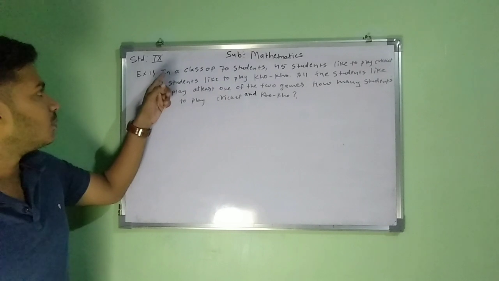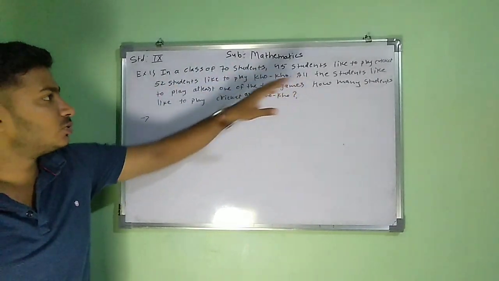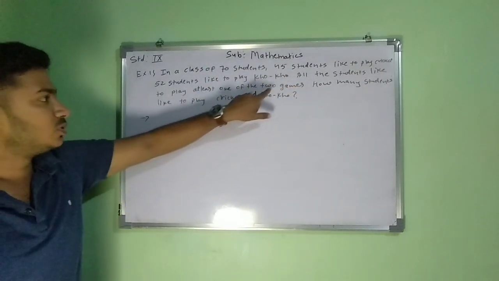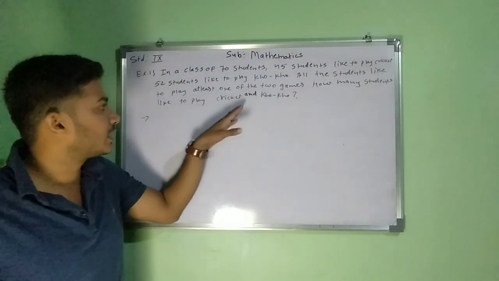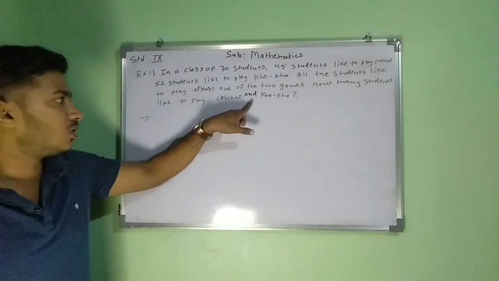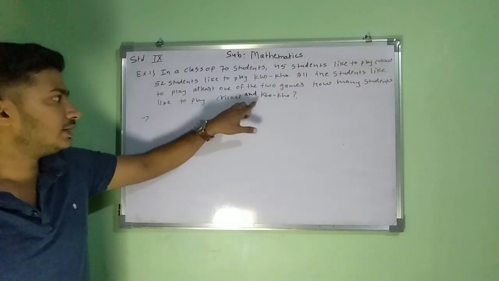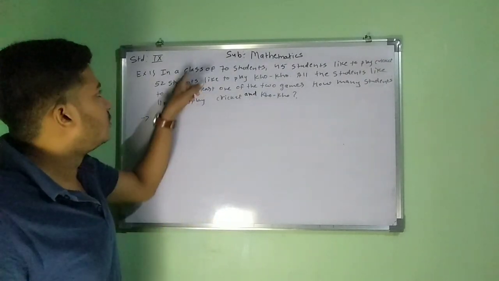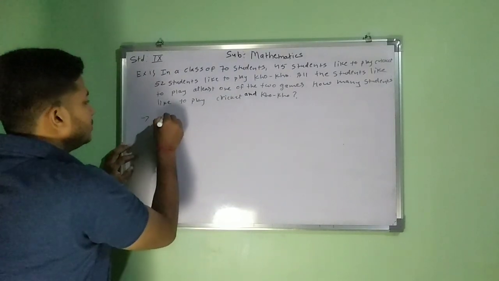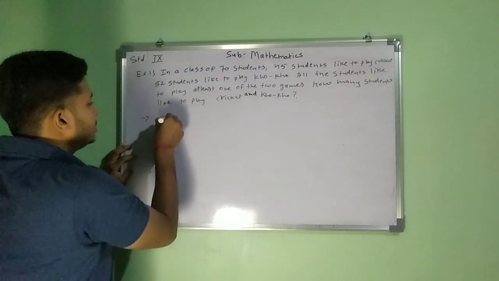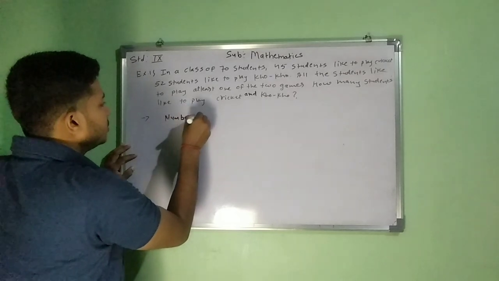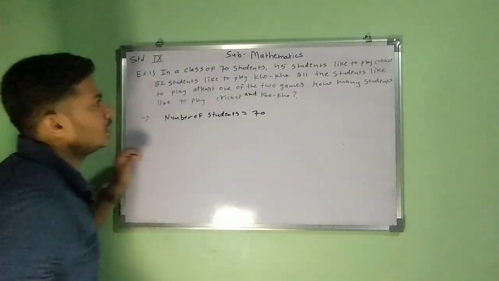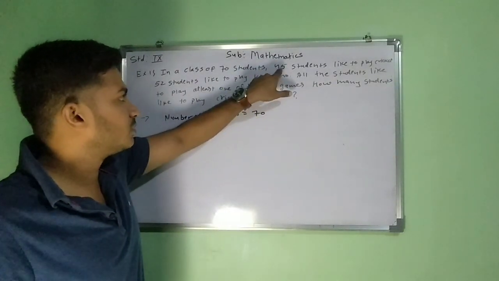Now the problem is: in a class of 70 students, 45 students like to play cricket, 52 students like to play Kho-Kho. All the students like to play at least one of the two games. How many students like to play cricket and Kho-Kho? There is a correction in the textbook: or is given, we have to write and in place of that. So if you carefully look at that example, we have a class of 70 students. So whatever data is given, we have to write as it is. So number of students is equal to 70. In the second statement, what is given?